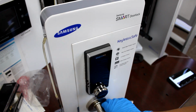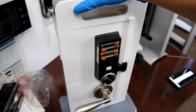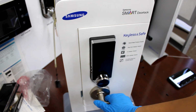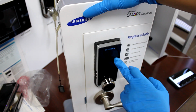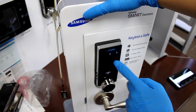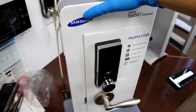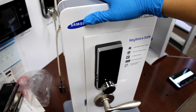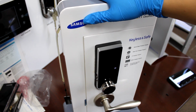Oh shoot, wait. Okay, so as you can see, the door is unlocked, and we're gonna put in the code. I don't know how people can install it like this and go for months and not find out that the door